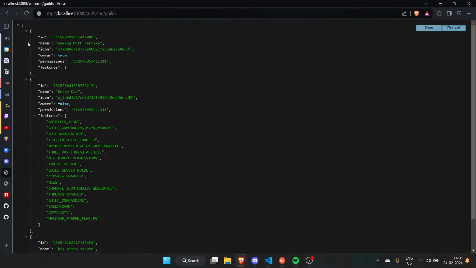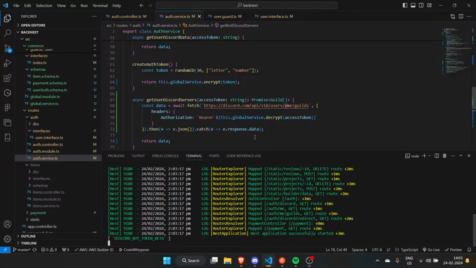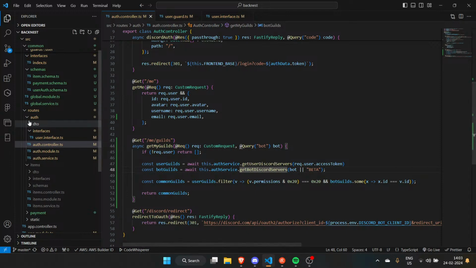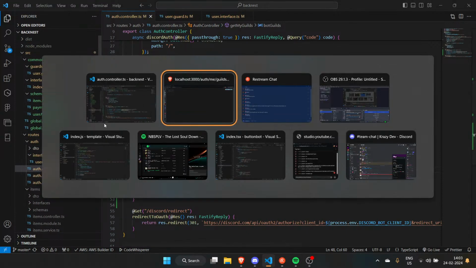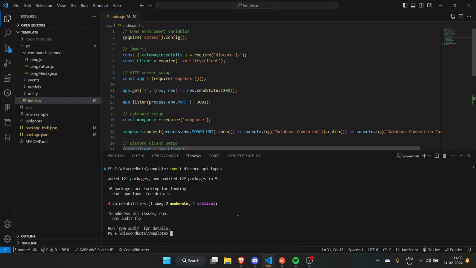Discord. Yeah, that worked. Amazing. So my human friends, as you can probably see, we can get the guilds now. Awesome. So let's go to our template. No, let's close the damn thing. But before that, let's uninstall that.